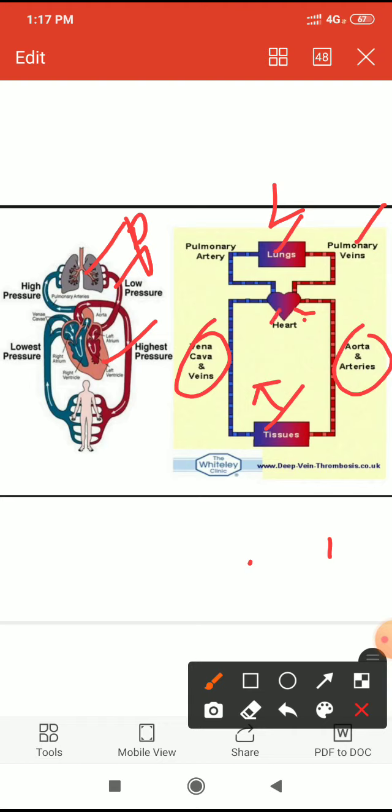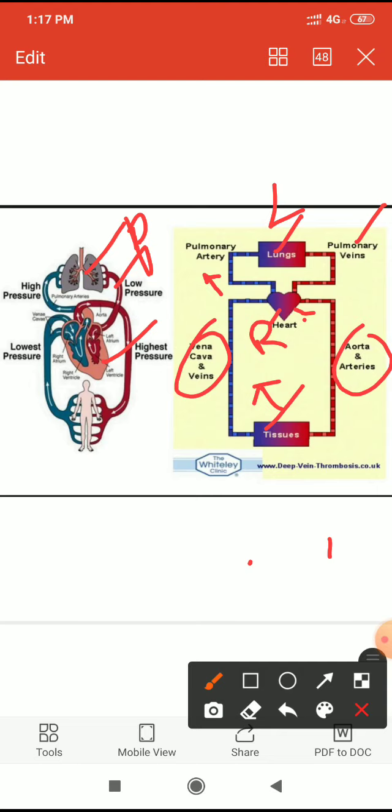Right ventricle of the heart, and after that pulmonary arteries, through pulmonary arteries to the lungs. Understand? So this is the full circulation of blood that happens in the circulatory system. Understand? And that is the heart's work, and lungs are also involved in it. Understand?